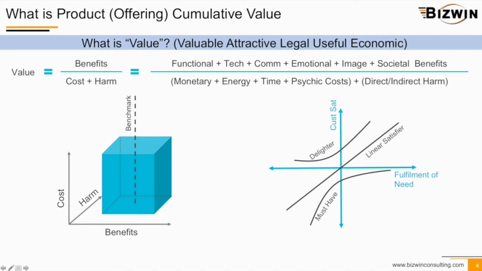In the denominator, we have the cost. The cost is again the total cost of ownership, including the monetary cost, the energy cost, the time cost, the psychic cost, everything. And when we say harm, it is whether, if the product is purchased, there is any adverse effect. For example, we purchase a mobile, everything is fine, but the harm can be in radiation. So the harm element has to be as minimum as possible. That is direct harm and indirect harm. So once again, for a quick recapitulation, value is the ratio of benefits in the numerator to cost plus